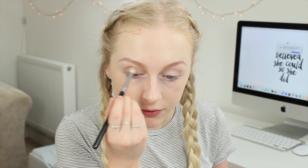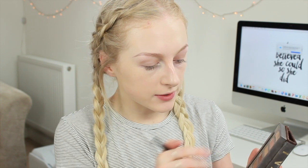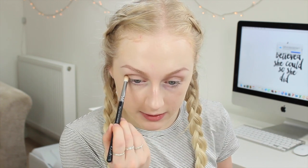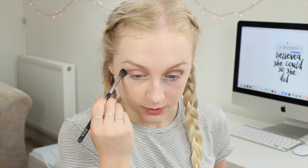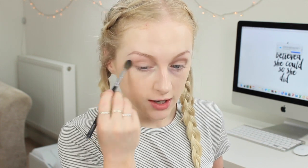I'm just going to be using that all over the lid as a very sort of pale shade. I'm going to darken up the crease a little bit using the shade Buck, which is this one here. It's just a little bit of a slightly darker brown, and it's still matte, and I'm just going to pop that through the crease. And then I'm just going to be taking a blending brush. This is the 228 crease brush, and I'm just going to blend that out because I just want it to look very natural,